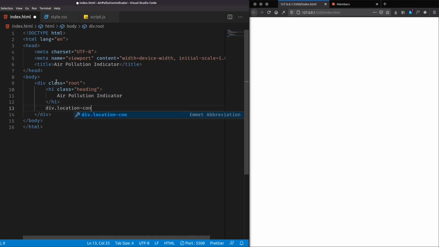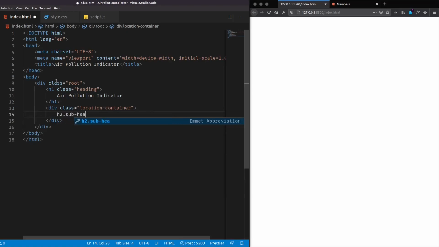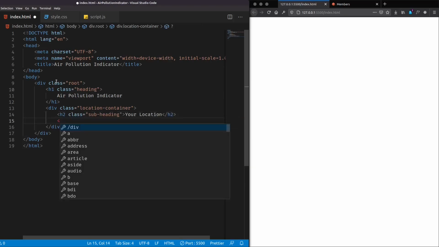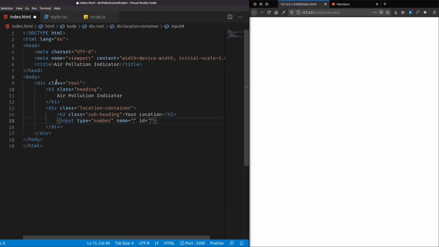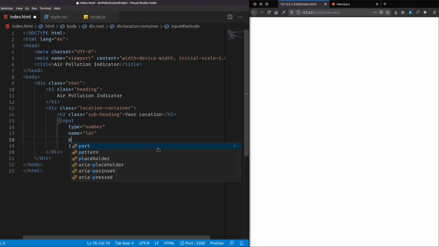which will contain our input to enter the location, and inside this I'll add an h2 with the class subheading which will simply say your location, and below it I'll add an input of type number and give it a name of latitude because it is for latitude and the ID of latitude. I'll add this to a new line and also self close the tag and add a placeholder which will say latitude,